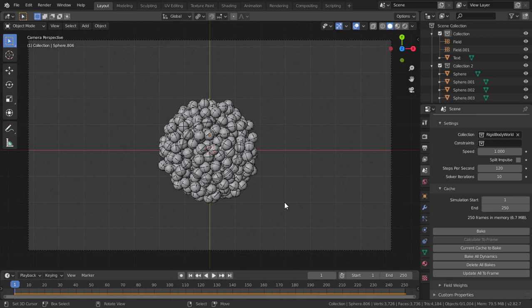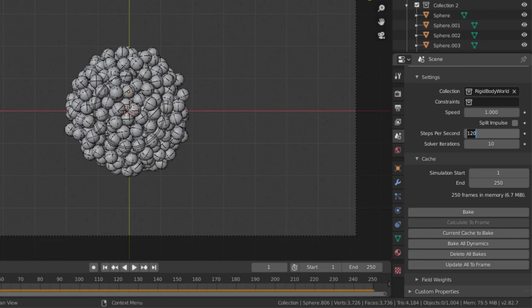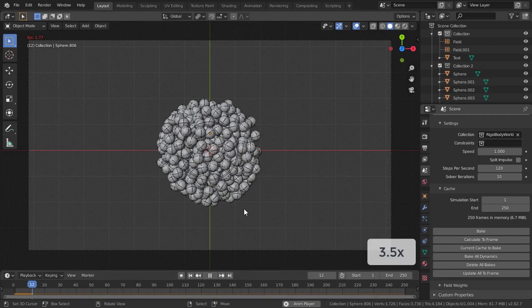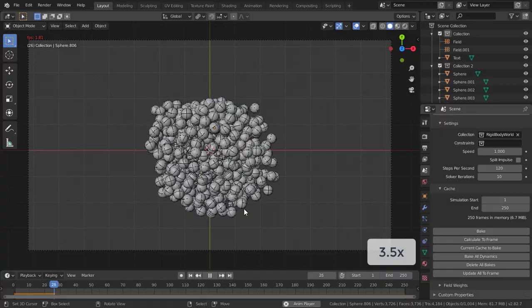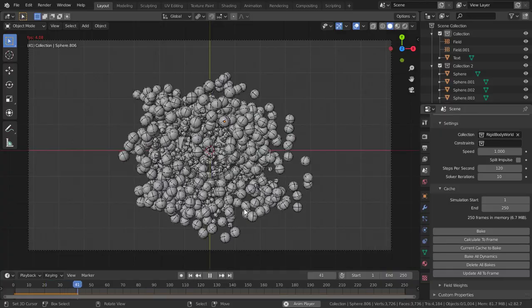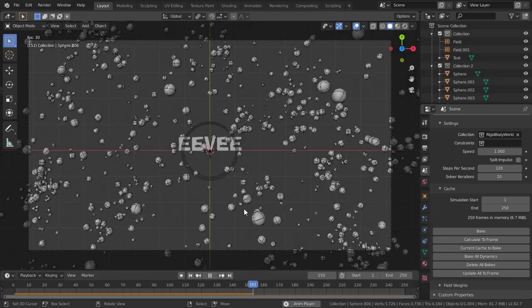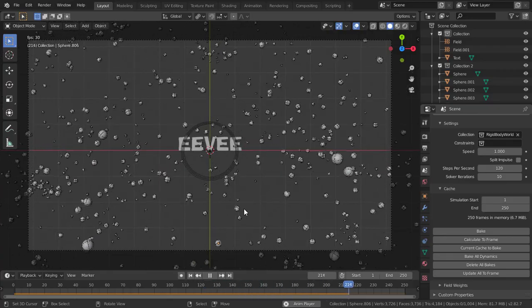Therefore, just change the steps per second value, or just click it and hit enter. Now Blender will understand there are some physical changes that happened. After that, click the play animation button. Now Blender will simulate the physics for your animation. And you can see the spheres will fall away with physics in this scene.